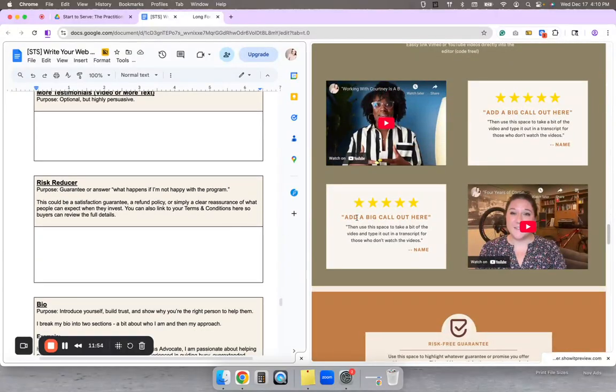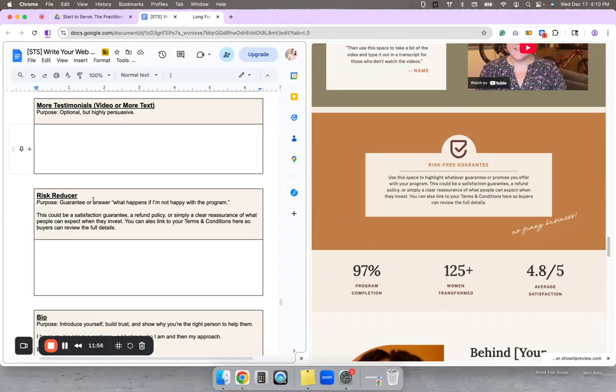TLDR, too long didn't read statements, so summary statements would be what that is. We want another testimonial section as well. I call this a risk reducer. You don't necessarily have to have a guarantee, especially if you're working one-on-one with people. I do not have a refund policy